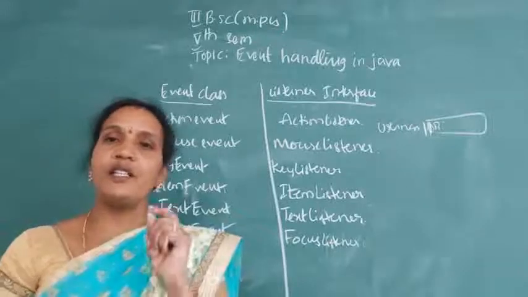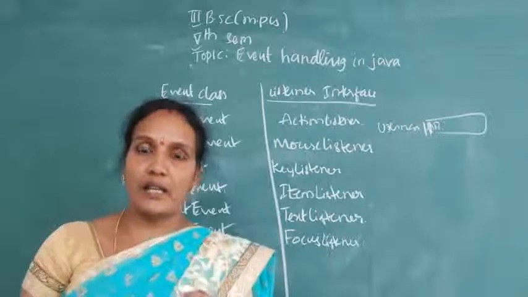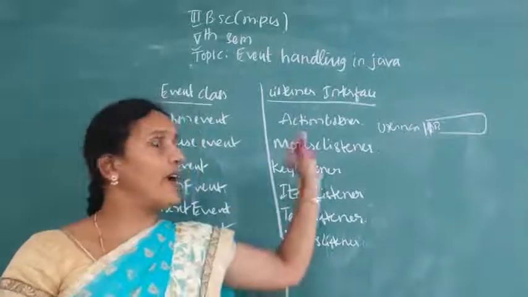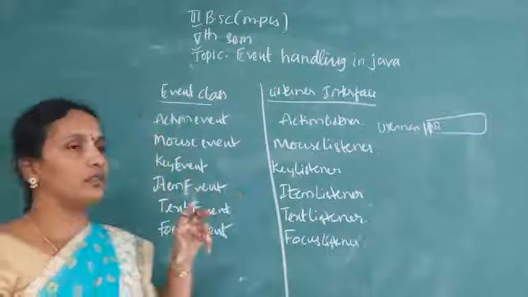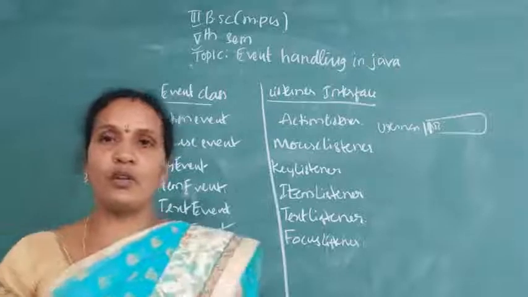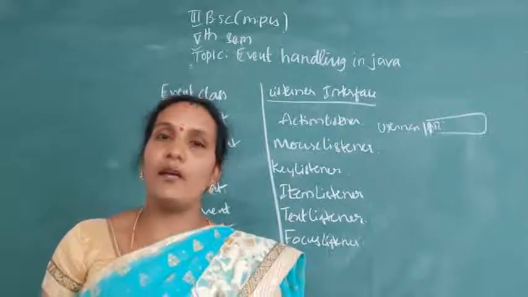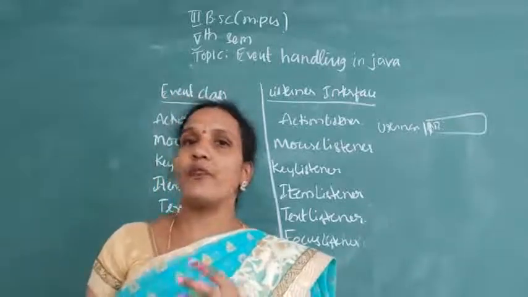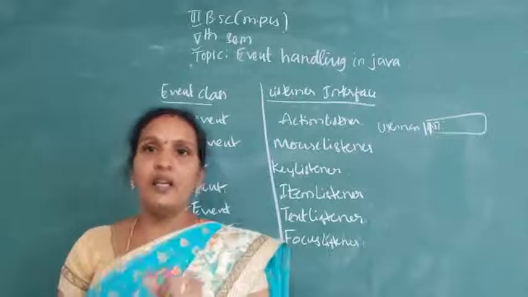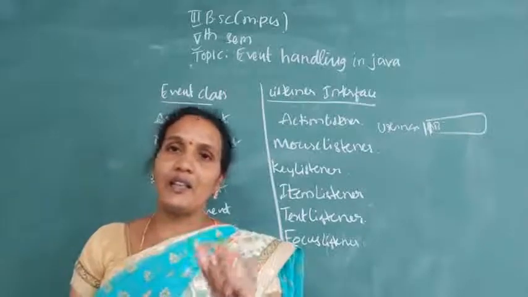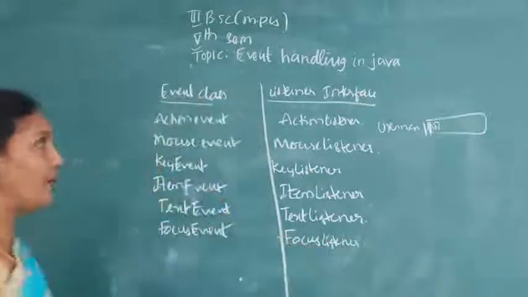Like this, for each and every event, there should be one listener interface to handle that event. For example, in the example program, if you are giving a text field, a password, a button, or check boxes, say 4 or 5 events, then for each and every event there should be an event listener so that the event can be handled properly. Now I'll give you one example program.